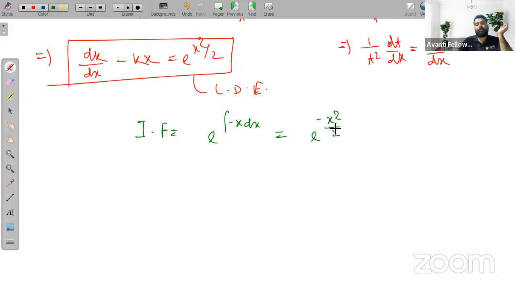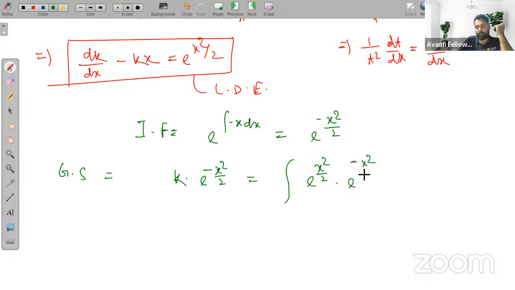Is that clear to everyone? If this becomes e raised to minus x square by 2, then my general solution will be y times the integrating factor, that is e raised to minus x square by 2, equals the integration of Q, that is e raised to x square by 2 into e raised to minus x square by 2 dx plus c. So the right hand side and the left hand side become, in place of k we can directly substitute,